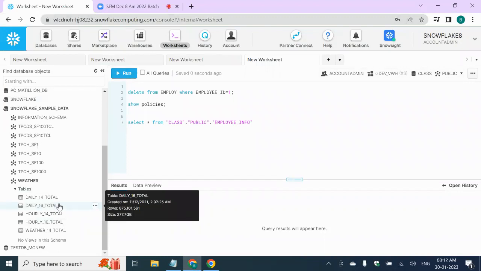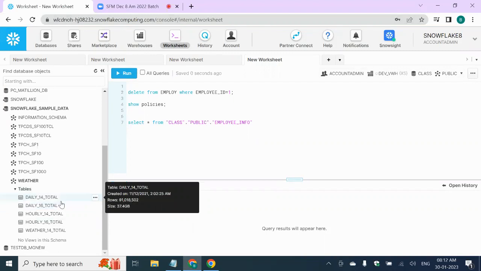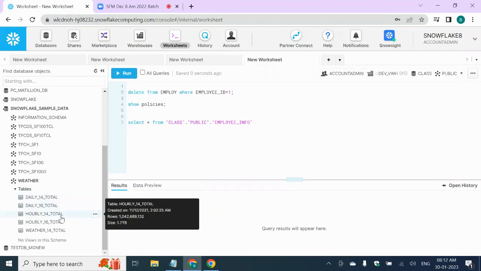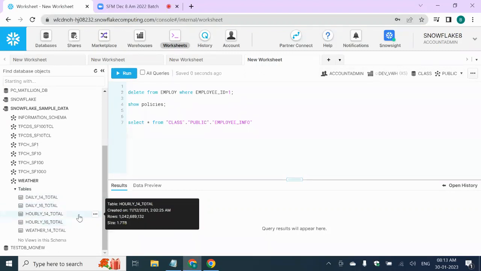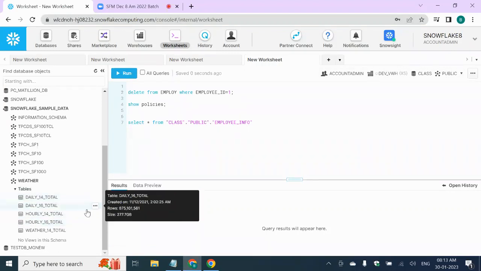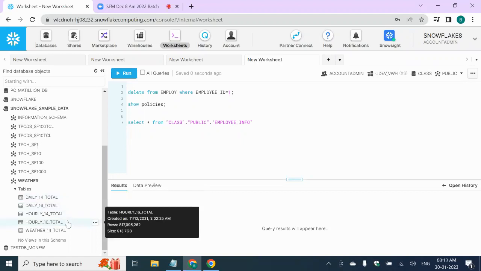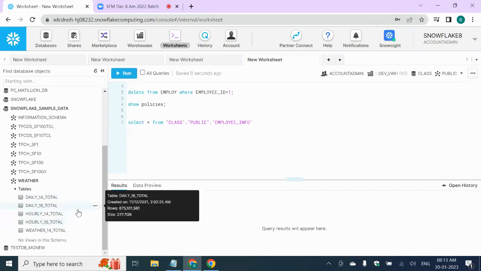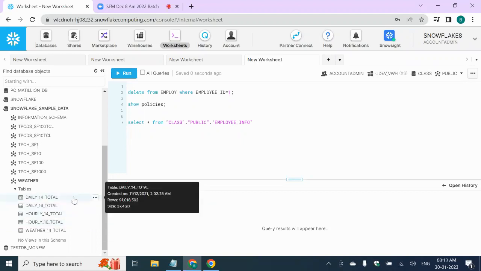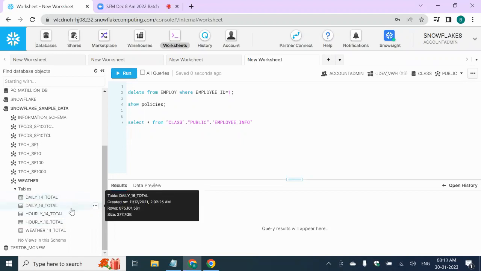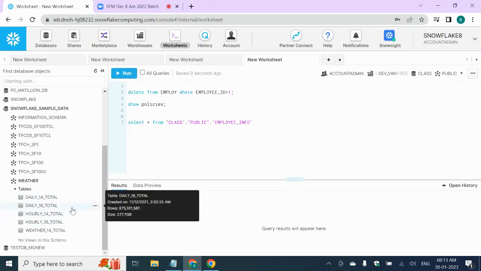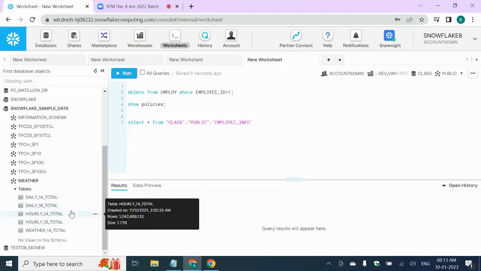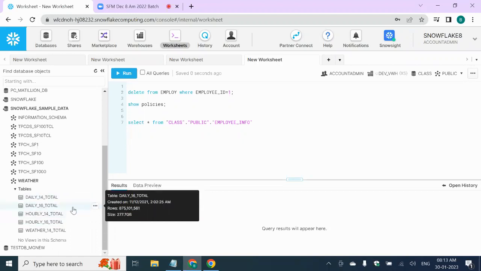When they access this table data, which is around 38 GB and nearly 300 GB in others, especially when doing R&D,